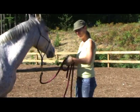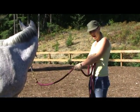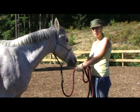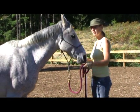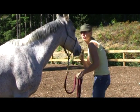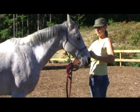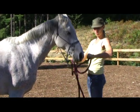What can happen if I hold it the other way is that I don't end up with a lot of power behind me. I end up just having to use this part of my body, or if I want to put my body into it, I lean into it, but then my body positioning becomes very passive. I end up rounded and bent forward. So again, you want to stand tall, shoulders square to the side of the horse,